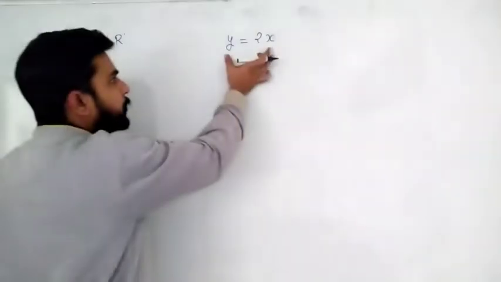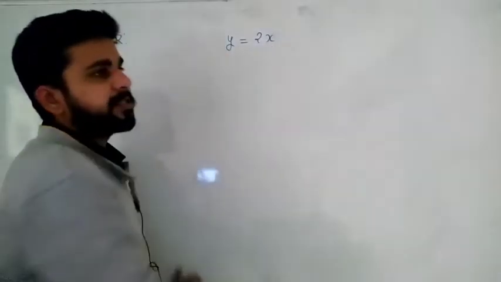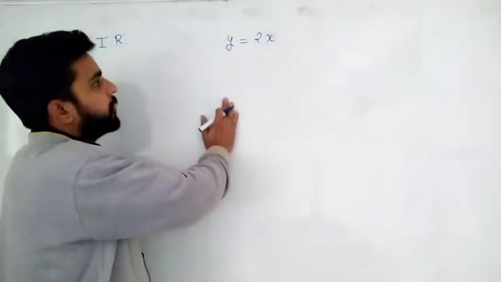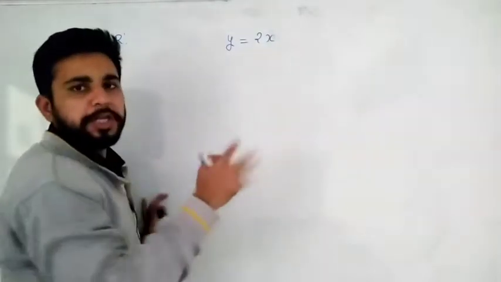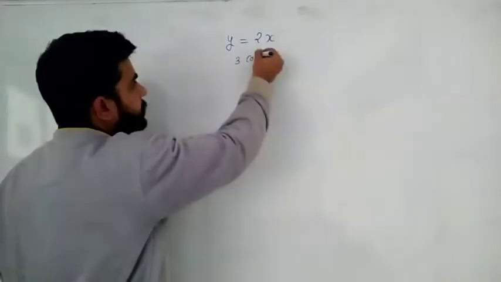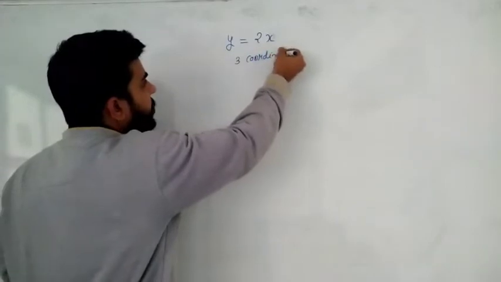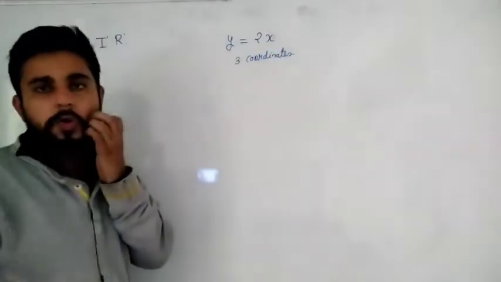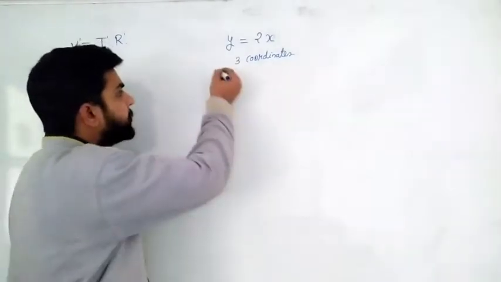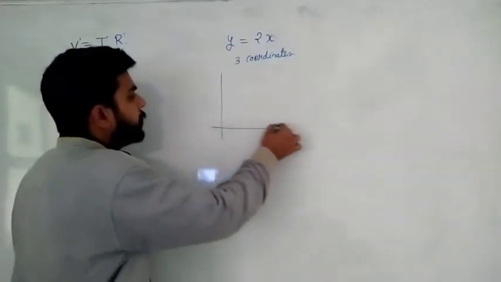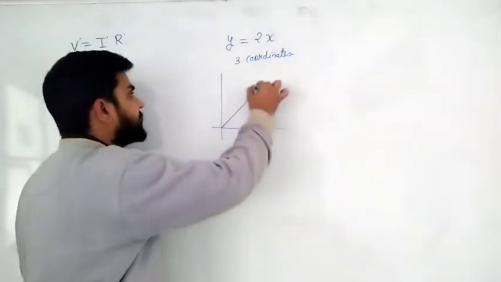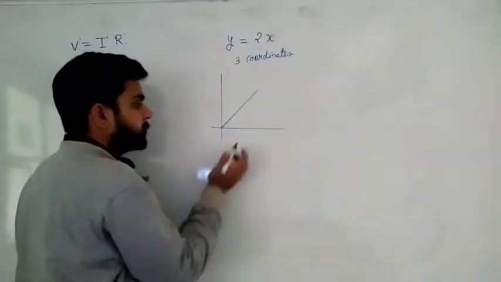And I'm asking you, first of all, prepare the graph for this equation. Okay, then after that resume the video. Just prepare the graph for 3 coordinates. 3 coordinates will be enough to understand. Then after preparing that 3 coordinate graph, if you come back here, the graph looks like this. Yes, you get a straight line graph.